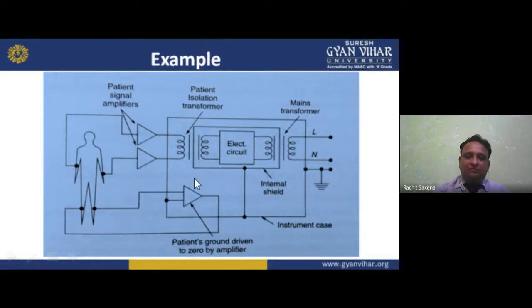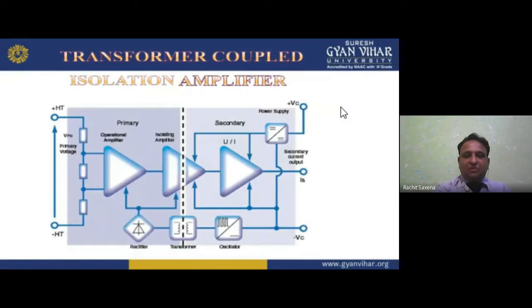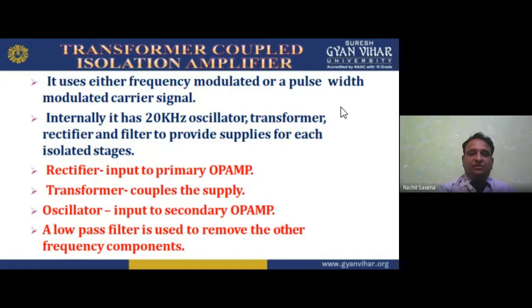Okay, so we can basically use the patient isolation amplifier. In this patient isolation amplifier, I'm taking the value of the patient signal from the hands and legs. Okay, so this is the example of how we are using it, and why we are using it here. There will be no leakage current flow. Otherwise, what will happen? This person will get a shock. Okay, this is the example. I hope you understand. This is basically the isolation amplifier, how the transformer coupled isolation amplifier looks and how it works. It works in this manner.